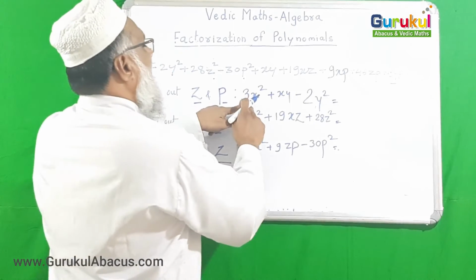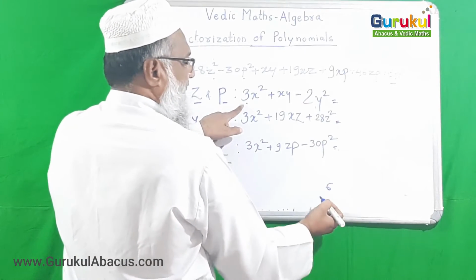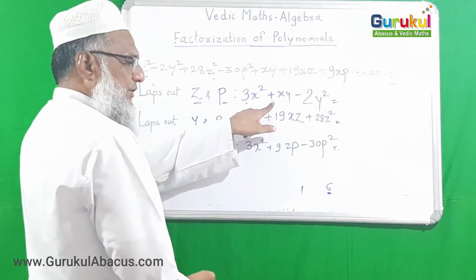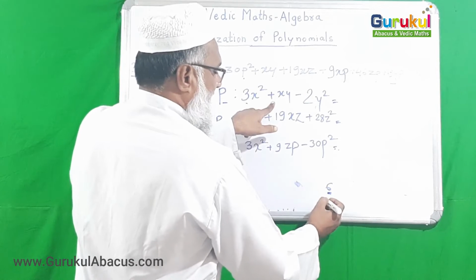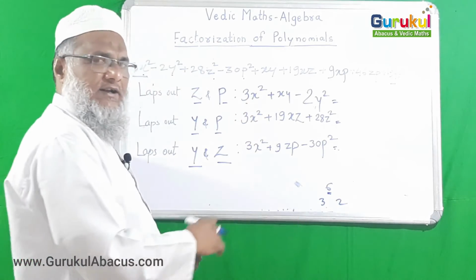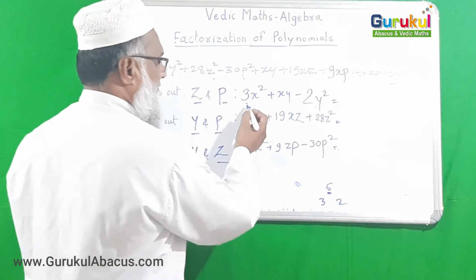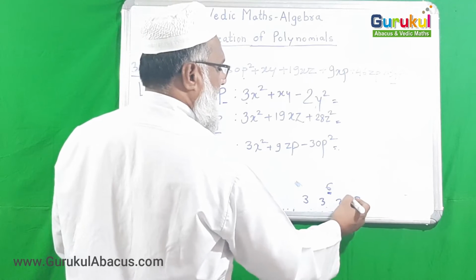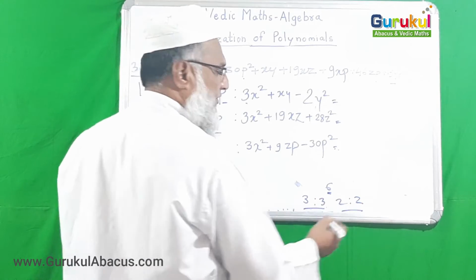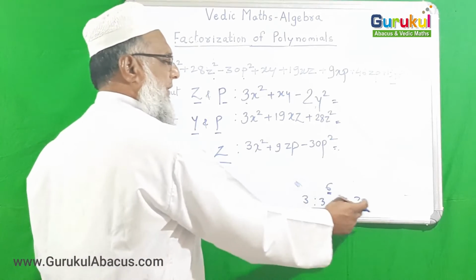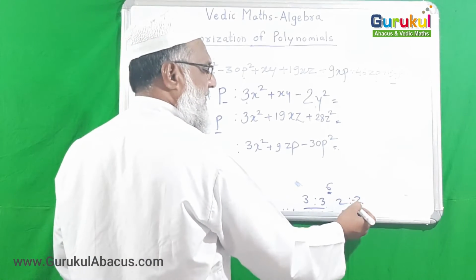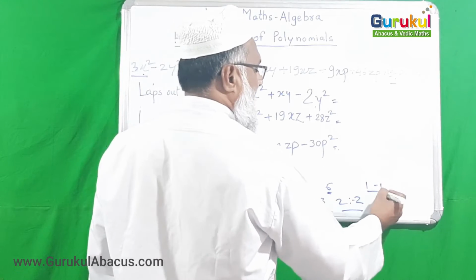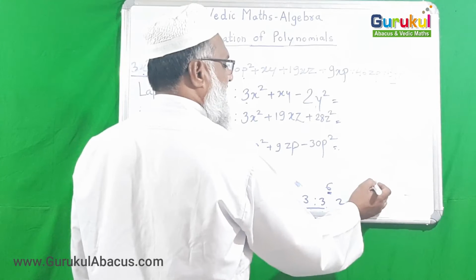Now see here, 3 times 2 is 6. We require multiplication 6 and addition 1. In this situation, just 3 and 2 are the only possibility, so I write this 3 here and this 2 here. The ratio we can understand is 1 raised to 1, 3 by 3, 2 by 3. Here there is a minus 1, but there is no matter for the ratio. So 1 raised to 1 is our ratio.